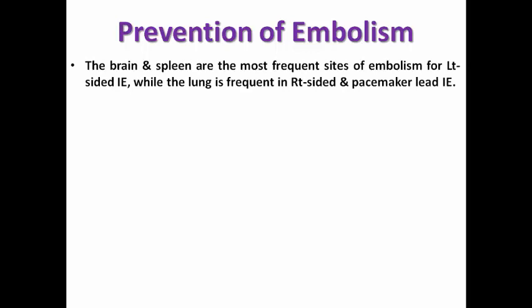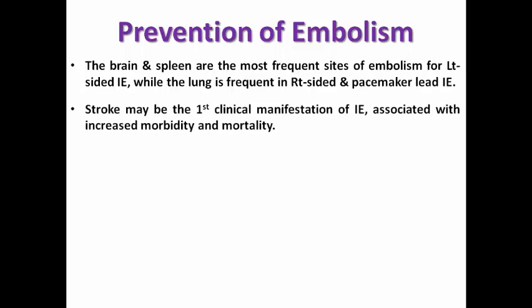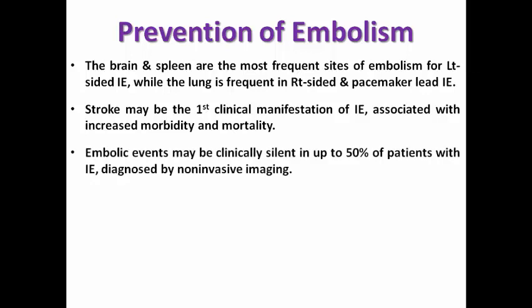Brain and spleen are the two most frequent sites of embolism for left-sided endocarditis, while the lung, of course, is the most common for right-sided and pacemaker lead endocarditis. Sometimes even stroke is the first clinical manifestation of infective endocarditis before the classic presentation of sepsis, and this increases the morbidity and mortality. Sometimes the embolic events may be asymptomatic in nearly 50% of patients, only diagnosed with non-invasive imaging,